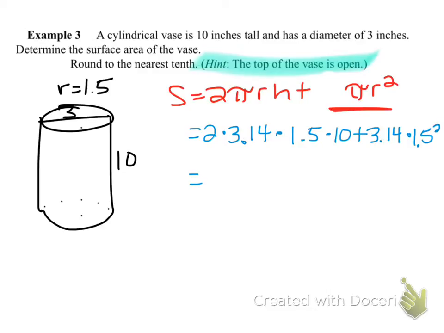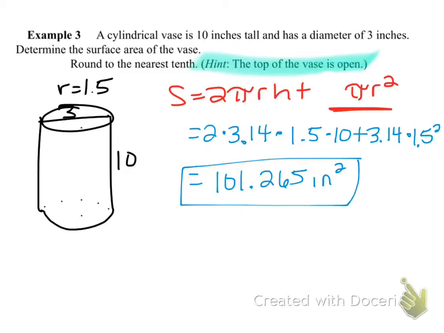Plugging that straight in, I'm going to get 101.265 inches squared. So that's going to tell me how much material I need to cover this vase: 101.265. So this is what I have for you for